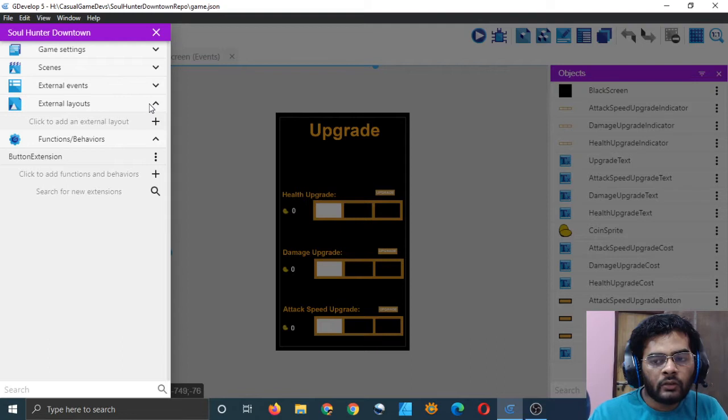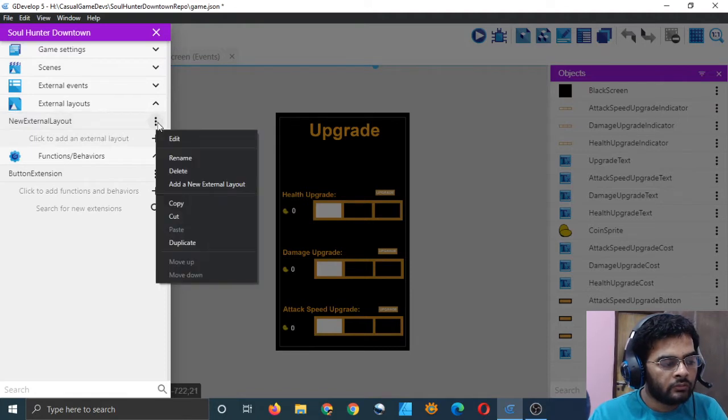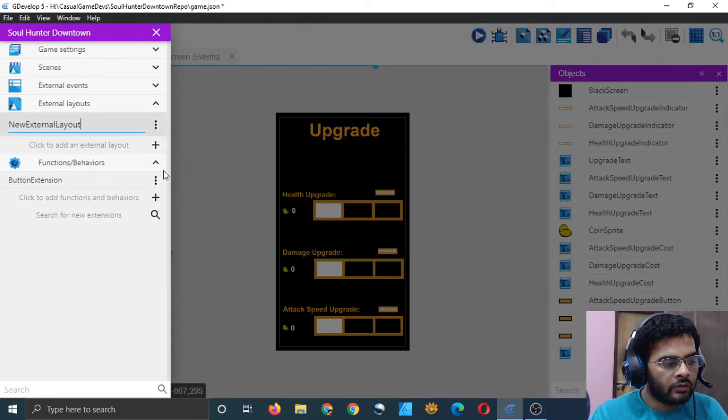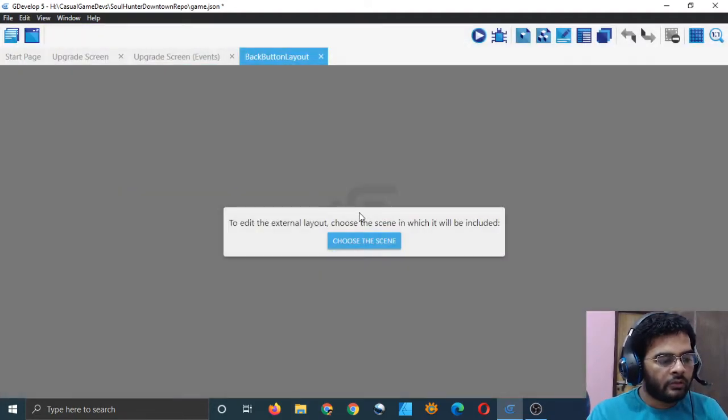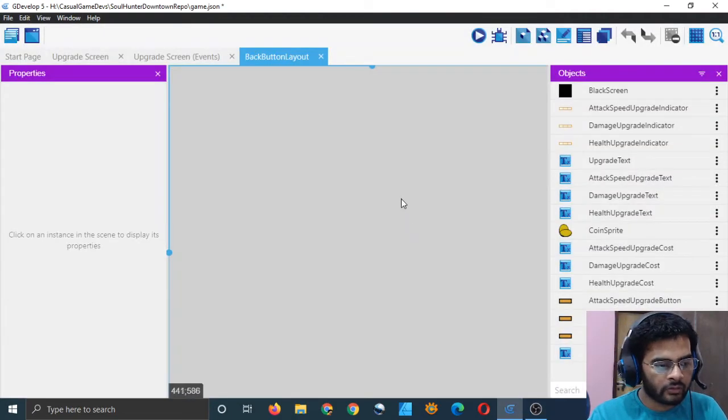I think what I will do is create a new layout and rename it back button layout. Open it and choose the scene. I will choose the upgrade screen, but you can use this layout in other screens also, I believe. Because that's why it will be useful. Otherwise, what's the point, right?